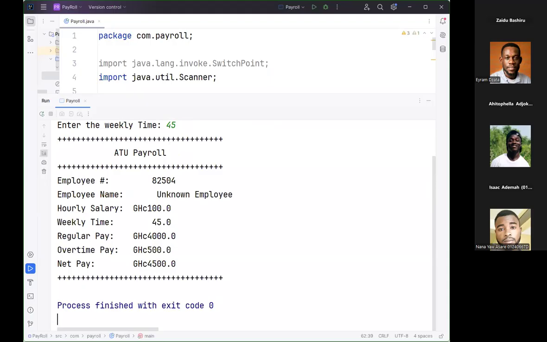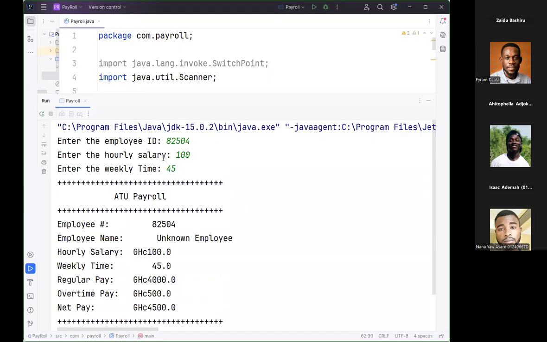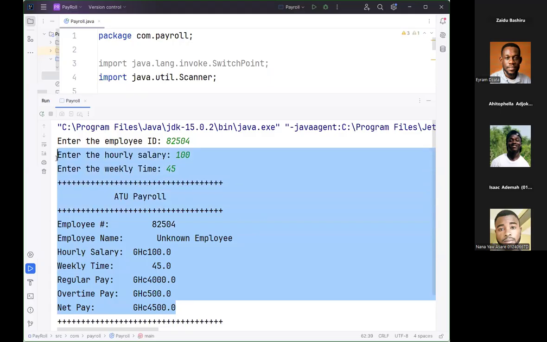So, yes, we can still modify it a bit. You realize that the ID is not in here. So it says unknown employee, but it's still going ahead to calculate the pay and overtime pay for us. So something like this,